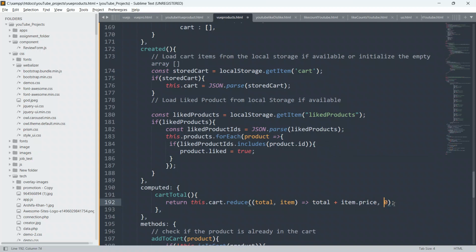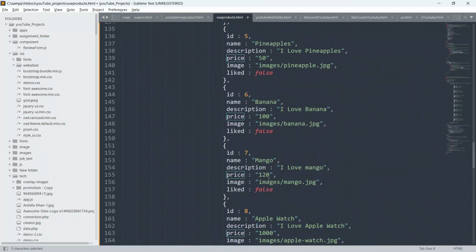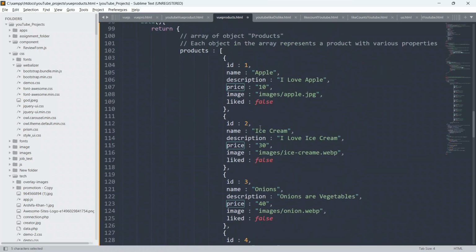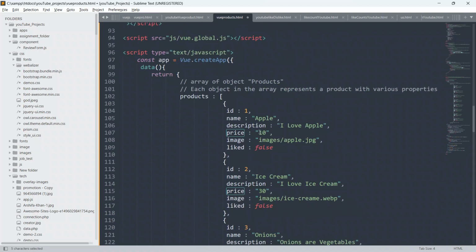I don't know guys, price. Okay, sorry guys, I have put double inverted commas on the price.